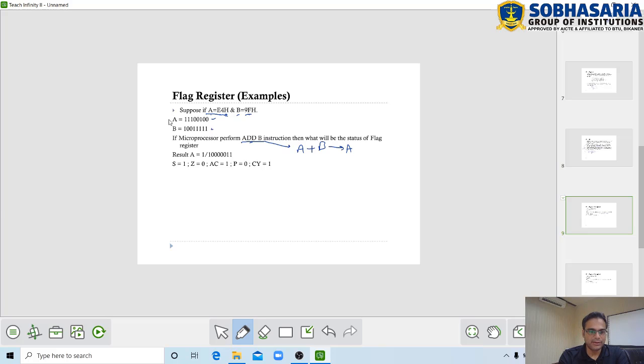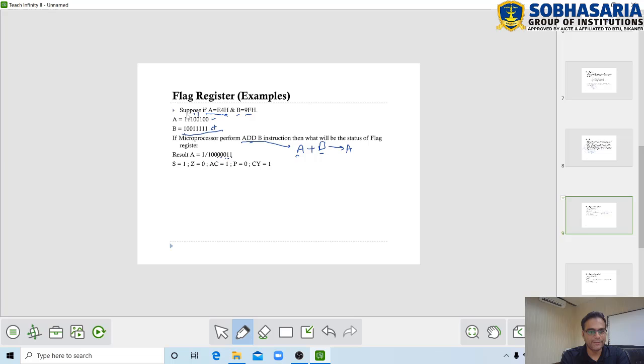So here we need to add the A and B registers bit by bit. If we add these two values, the result will be: 0 and 1 is 1, 0 and 1 again 1, 1 and 1 is 0 and there will be a carry, 1 and 1 is 0 and there will be a carry again, then 1 and 1 is 0 and there will be a carry again.